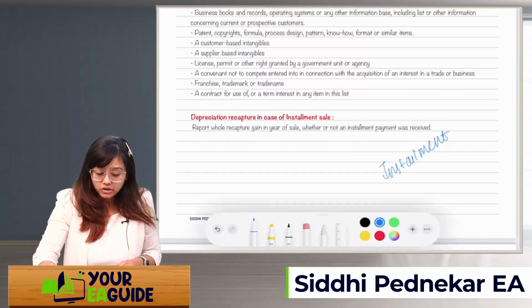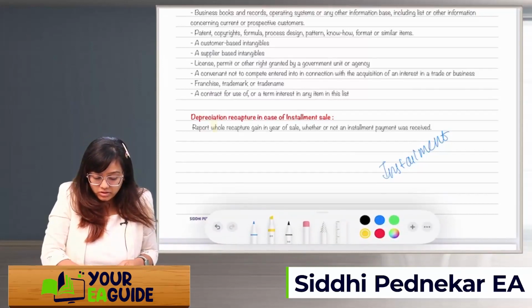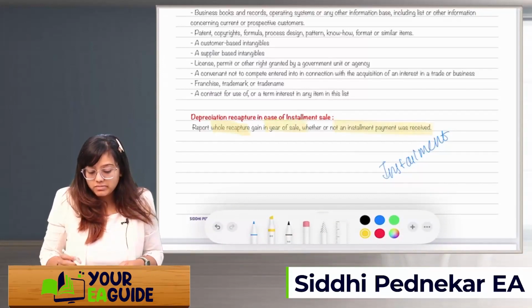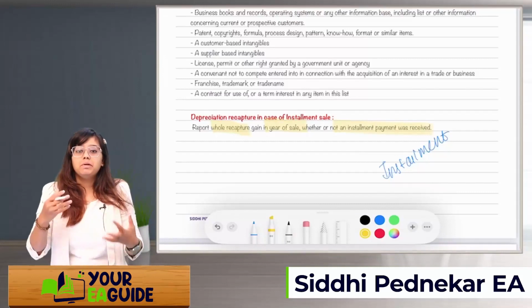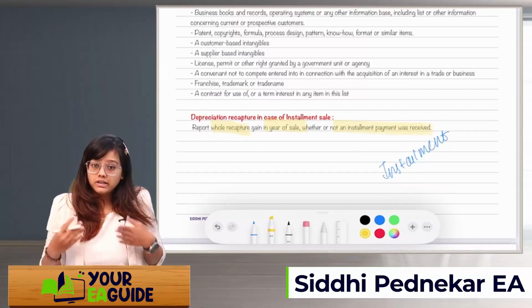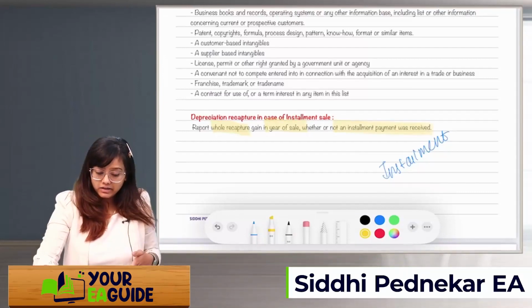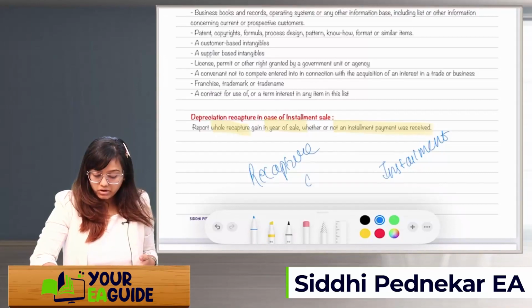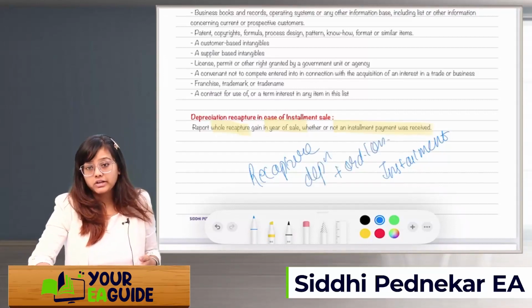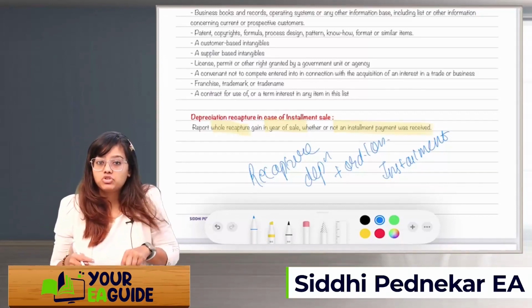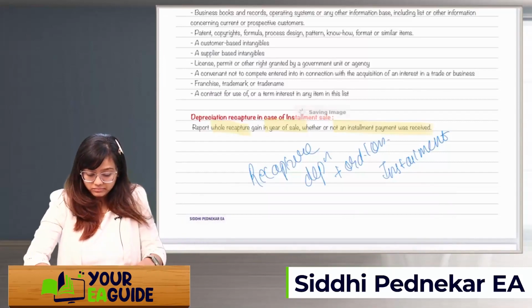So what you will do, you will report the whole recapture gain in the year of sale, whether or not installment payment was received. It's not that as and when the payment is received, then you will recognize the recapturing rule. The year in which you're selling, in that year only you will have to recapture the amount of depreciation plus any ordinary loss. Remember the ordinary loss which was previously recognized, now it will be recaptured. All right, so